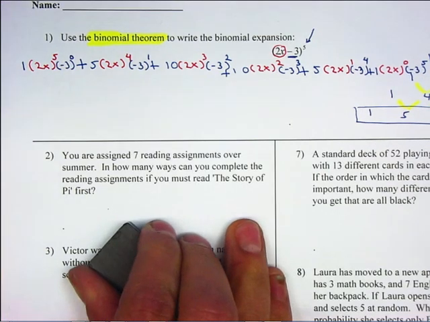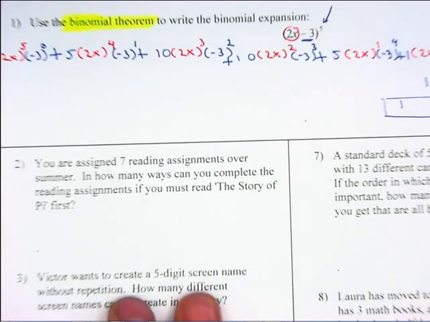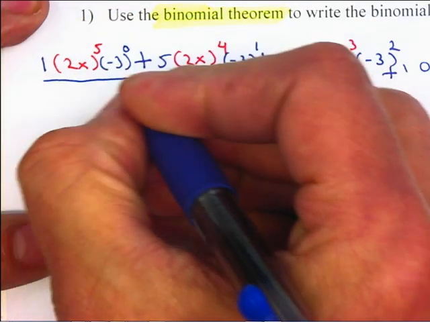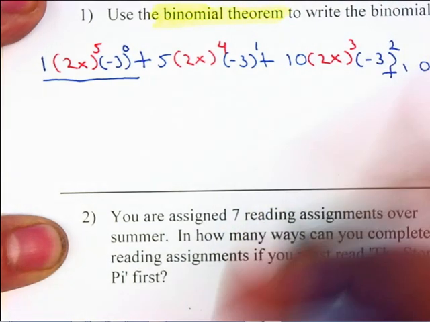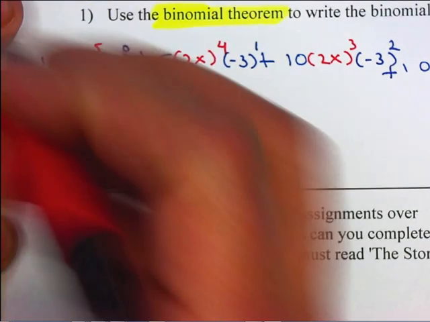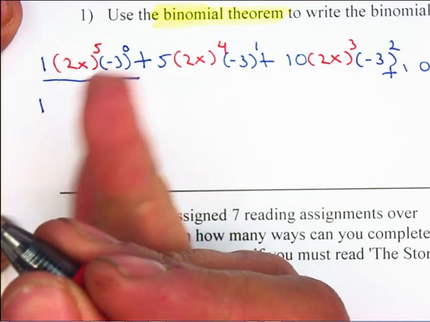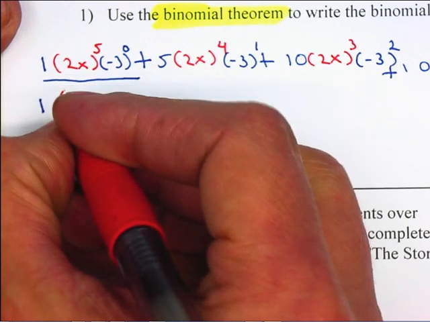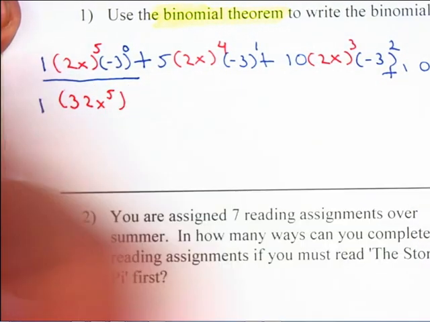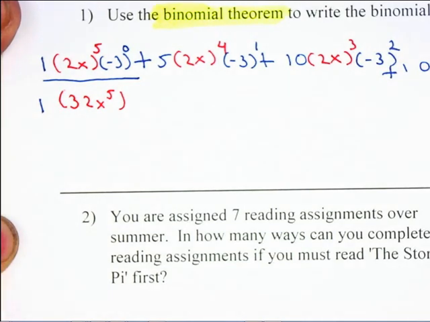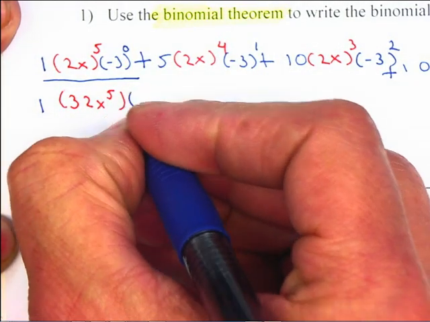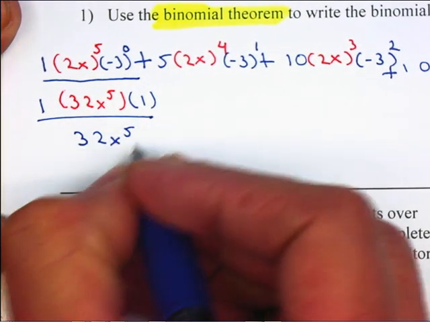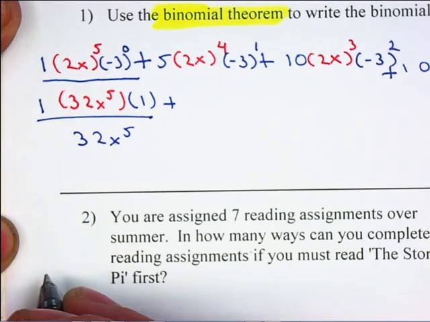And now we just need to simplify each one of them. So let's go and simplify the first one. Must simplify all 3 of them. I have a 1. I need to simplify 2x to the 5th. That is 2x times 2x times 2x times 2x times 2x. So that will give you 32x to the 5th. Remember, you want to be able to write small. Now, negative 3 to the 0 power, anything to the 0 power is 1. Multiply all 3 numbers will give you 32x to the 5th plus